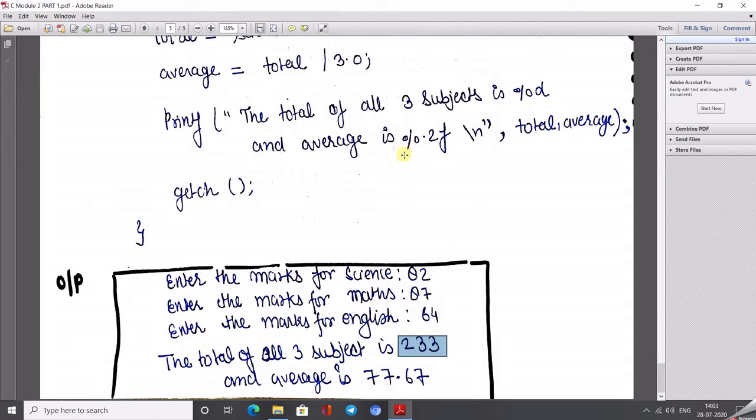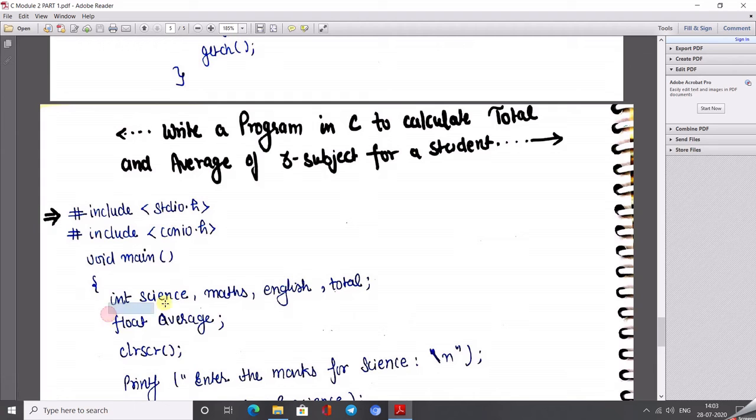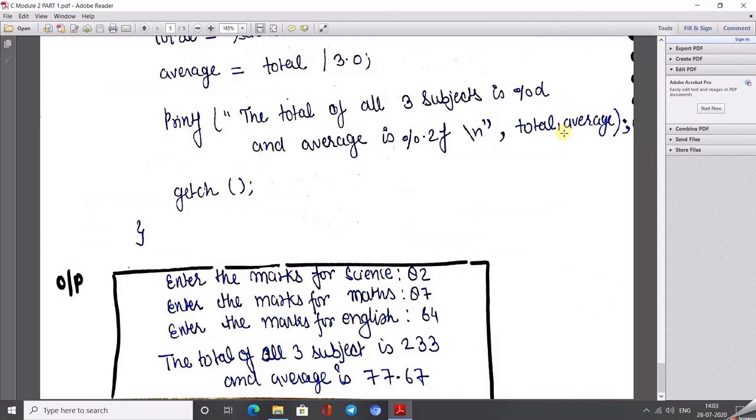And average is %.2f. So again our compiler goes through the float variables. What does it get? It gets only the average variable. So only the average value will be printed here. Maybe the resultant data will be 27.67777. Till how many decimal points is the resultant value? Till 2 decimal points, like 0.67, not beyond this. Why? Because I used %.2f here, so precision is applied over the float data type.